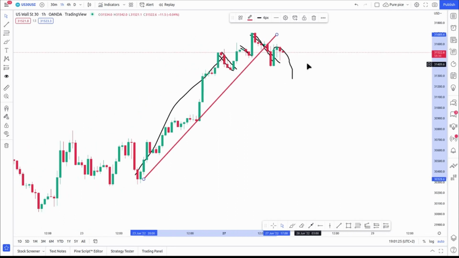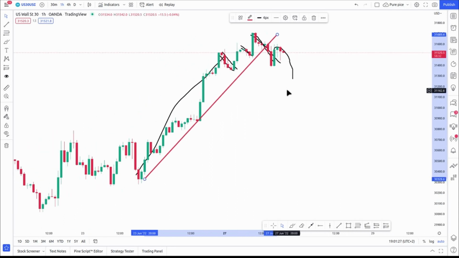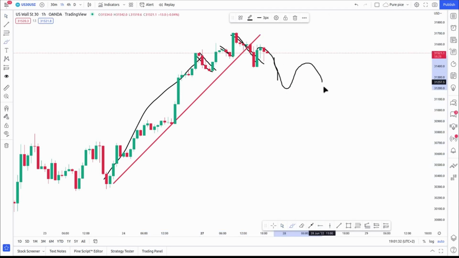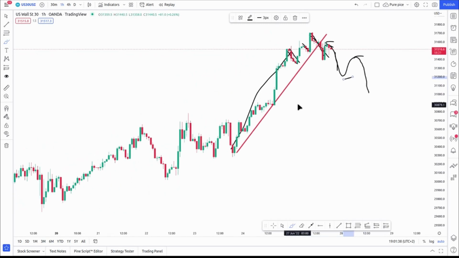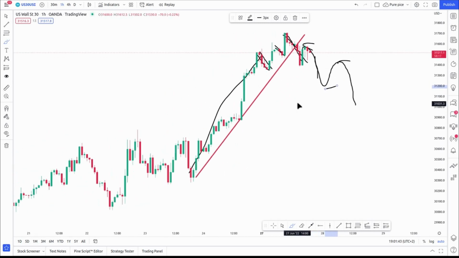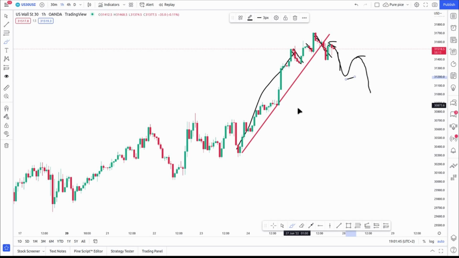But what you have to do as a trader is make sure that you see the lower lows and the lower highs being formed in this time frame, and then once you see the lower highs and the lower lows being formed, it will be a good time for you to make an entry decision,